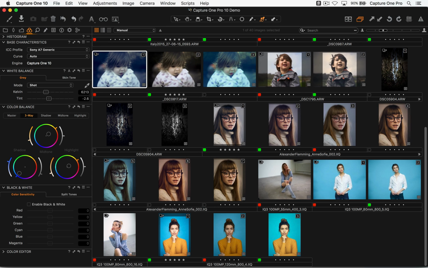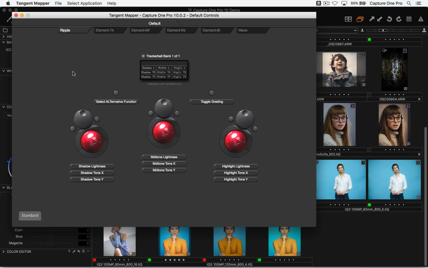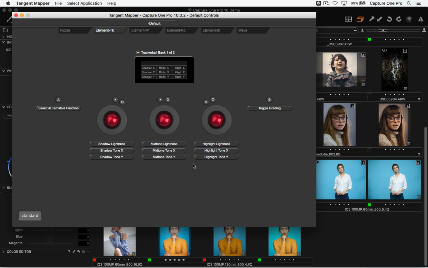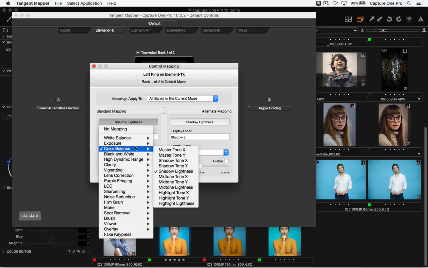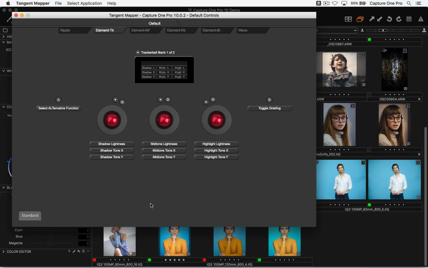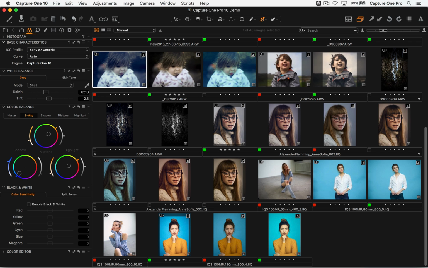The same goes for the Tangent Kit. If you're interested in Tangent Kit, you can talk to your Phase One partner as well. It is totally configurable too. So if you want to change the actions of any of the various panels, then you can do so in the Tangent software as well. If you wanted to change one of these to be master, for example, if we go to color balance, then we've got master tone as well, like so. So you can always change the trackballs to do whatever you want. You don't need to do any setup. It's pre-configured for Capture One, but if you wish, then of course you can also totally remap it as well. Okay, so Capture One keyboard, Tangent panels.